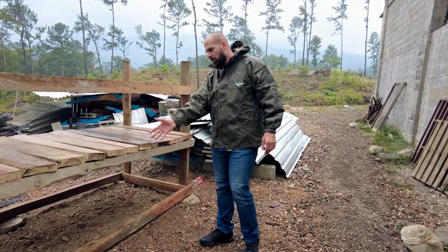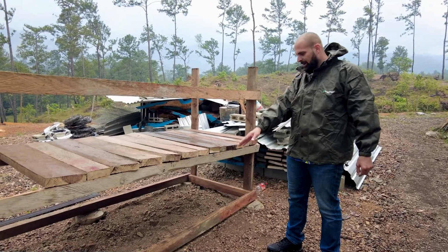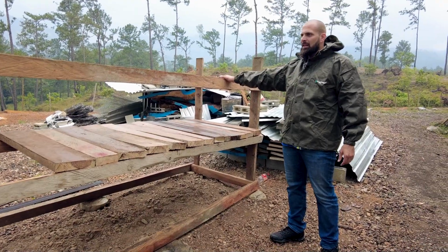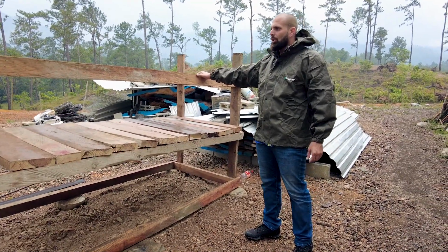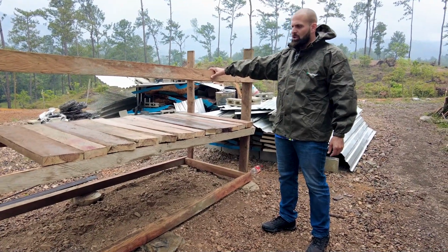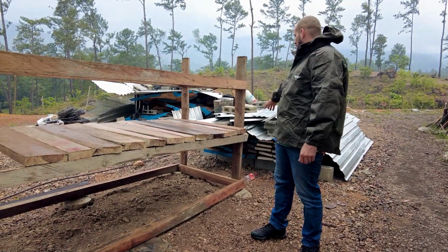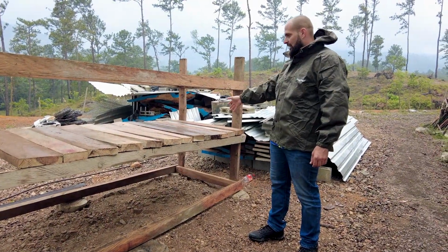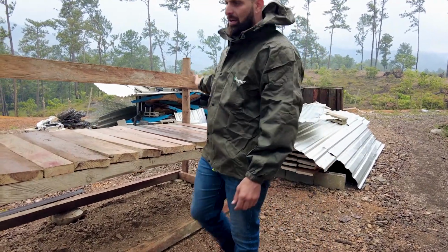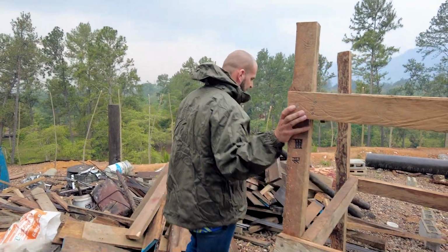We did what would be considered a little bit of Japanese influence here with the stones at the bottom, and then leveling. This is gonna be a structure that I'm gonna use for storing, okay? It's all just rough cut lumber from old fallen trees and stuff like that that we cut with a chainsaw. And then kind of framing this out to have different storages for the different kinds of metals and stuff like that. And then I'm gonna put some arms on there so I can store PVC and then the